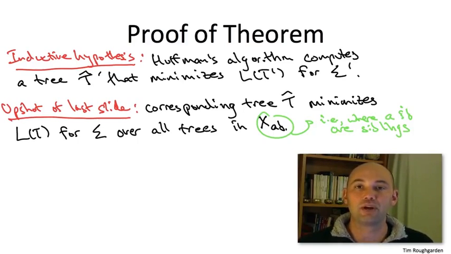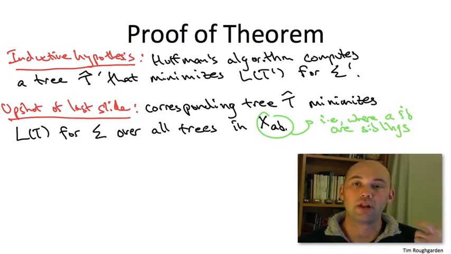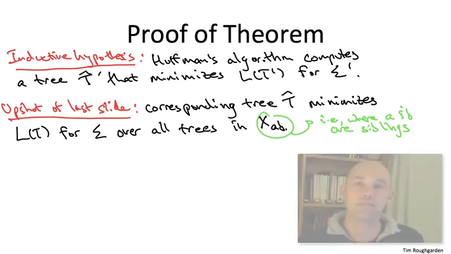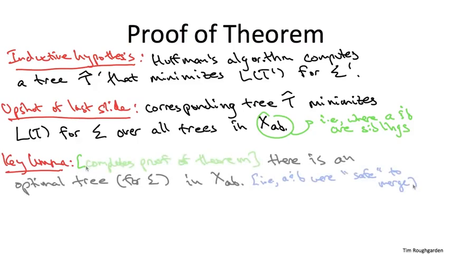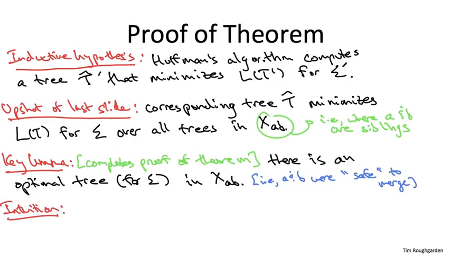So that's really the big question. Can we guarantee that it was safe to merge A and B in the very first iteration? Can we guarantee there is an optimal solution, a best possible tree, that also has that property, that also has A and B as siblings? So the key lemma, which I'll prove on the next slide, and which will complete the proof of the correctness of Huffman's theorem, is that indeed there is always an optimal solution in the set XAB, an optimal solution in which A and B, the two lowest frequency symbols, are indeed siblings. So I'll give you a full-blown proof of this key lemma on the next slide, but let me first